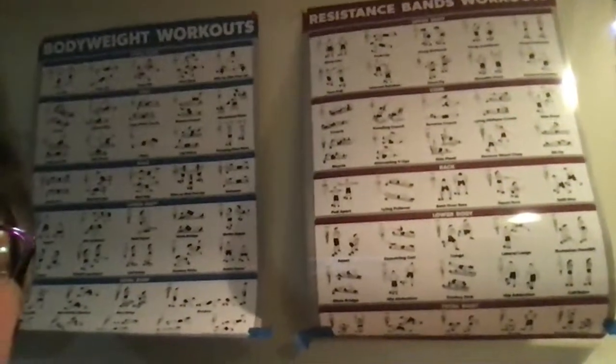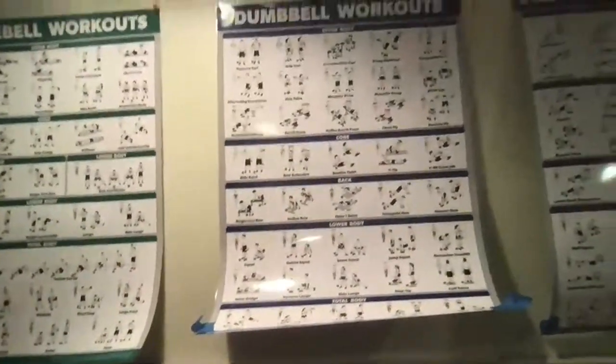Now, for Christmas, I gave my husband all these posters of types of exercises you can do. Here's stuff with resistance bands and kettlebells, dumbbells. I'm looking forward to using these things. Stability ball. I'm not exercising yet because over the course of this last month and now this month,